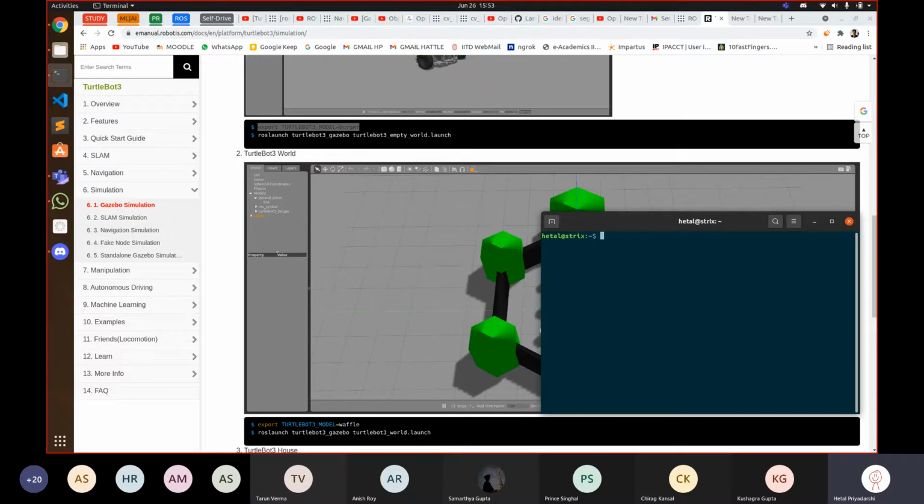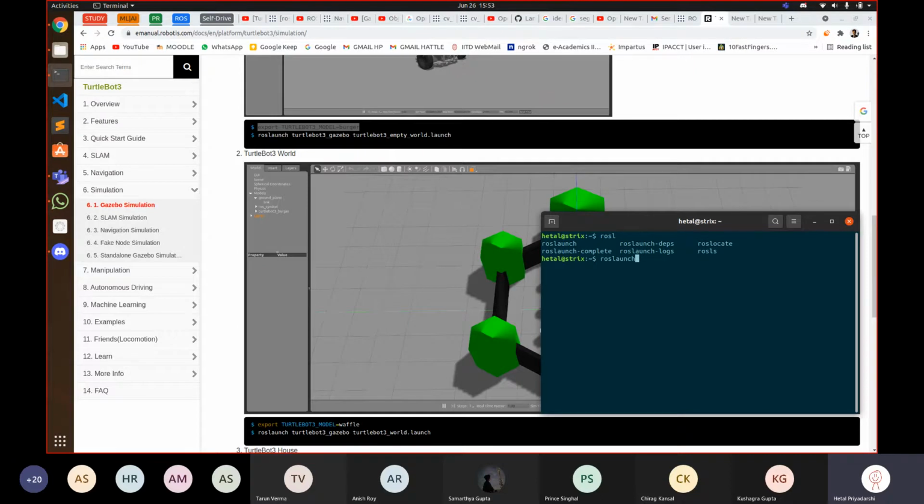For example, write ROS-L. If you put ROS-LA, it will automatically give ROS launch, because you've already typed ROSLA and there are only a few options with that: roslaunch complete, roslaunch logs, roslaunch grep.